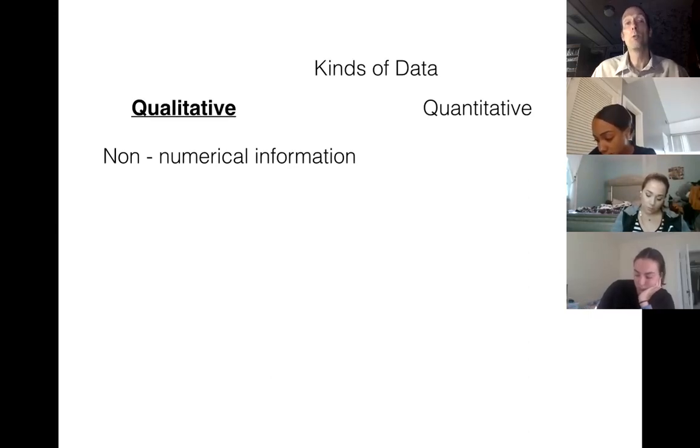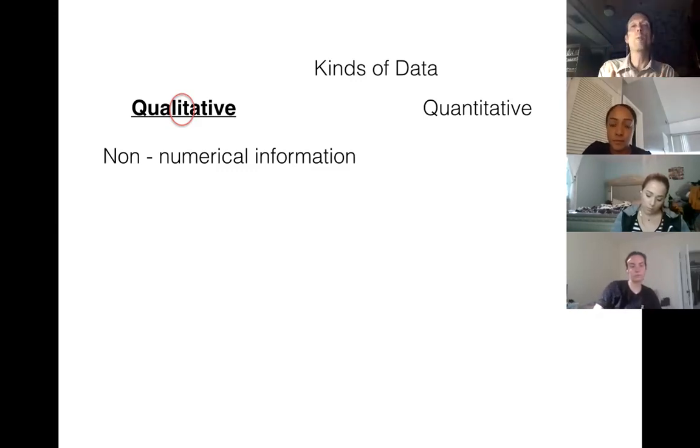And a really cool way to remember this: inside of the word qualitative, think of "lit," like literature. I'll think of going into Barnes and Noble and getting a romance book from the shelf. I open the romance book. Does it have all kinds of math equations in it? No, of course not. It's just a story about people falling in love or something. So I'll think of literature, and that'll help me remember it's non-numerical.